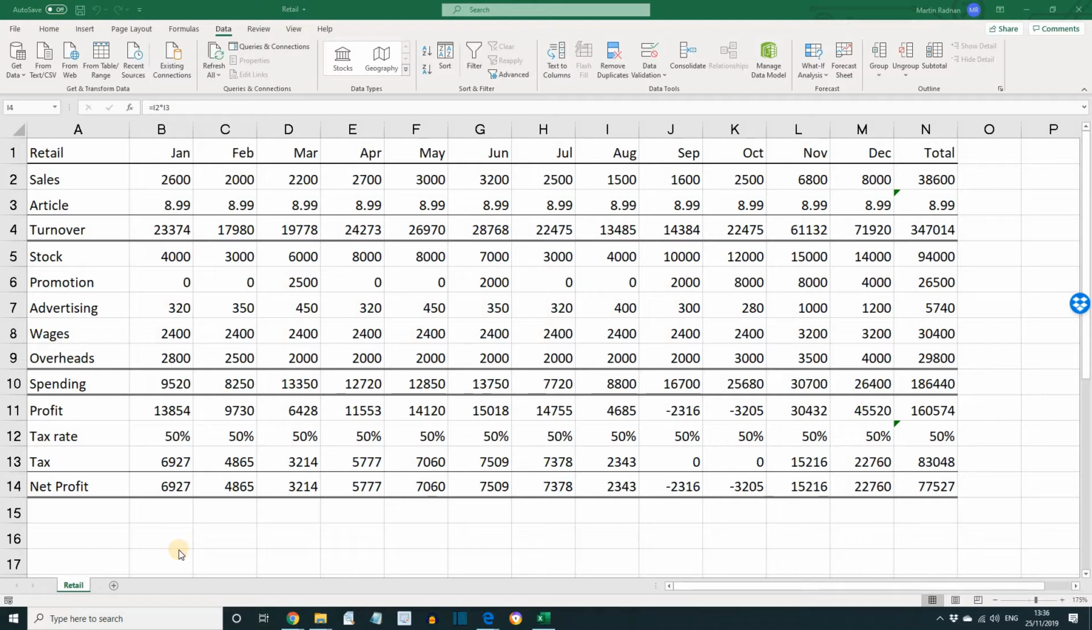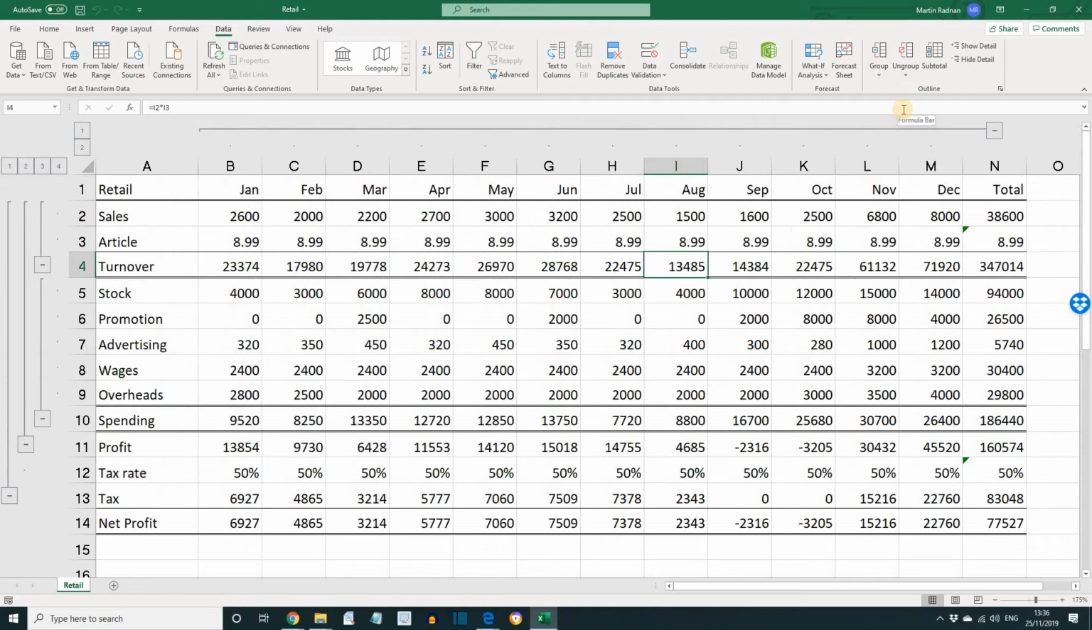Okay, let's open the workbook Retail, and we're wanting to add an auto outline to the worksheet. Make sure you've got the Data tab selected, and then the down arrow just underneath the Group button, select Auto Outline. Just as an aside, when I tried this the first time, Excel would not allow me to create an